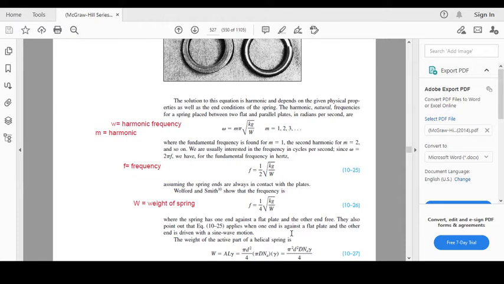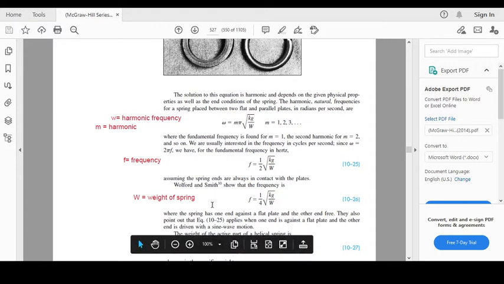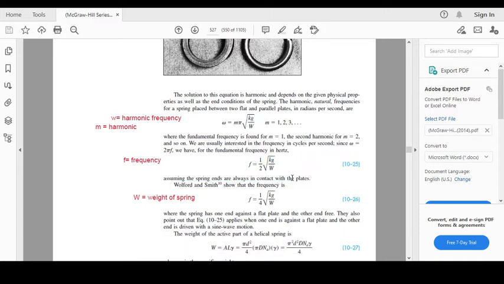Woodford and Smith show the natural frequency is f equals one quarter square root of kg per W. This is two conditions. Whenever the spring is always in contact with the plate,